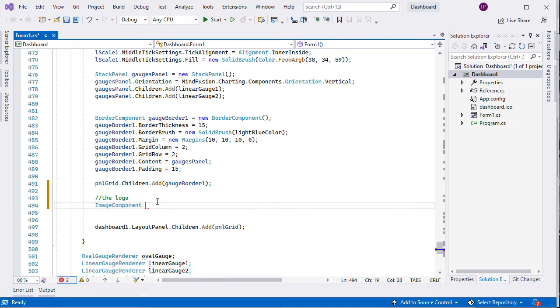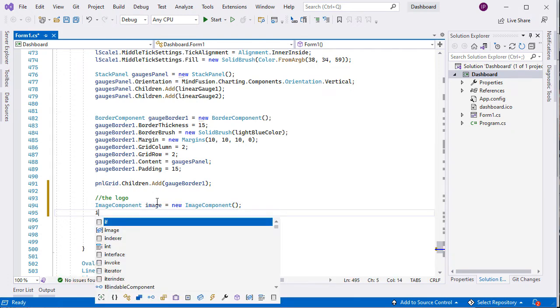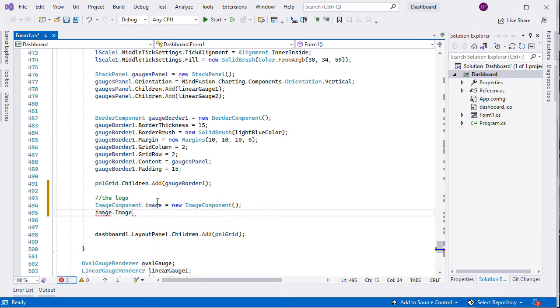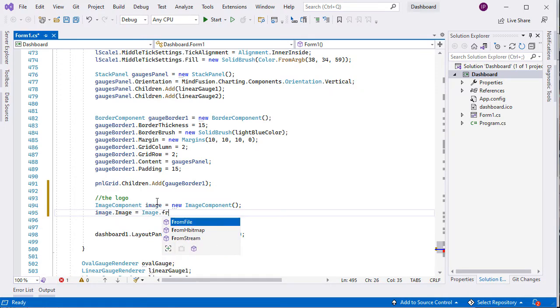We create a new image component instance and assign its image property. The path to the image should point to directories above the one where the application starts.